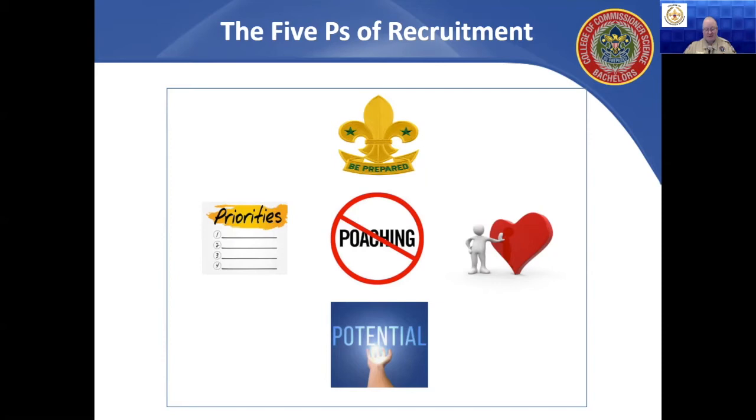So I'm passionate about music, but it's been long enough now that I'm not real good at those instruments anymore. I can still sing, but even though I'm passionate, maybe my potential is not there to participate in a program or play somewhere. In scouting, it's kind of the same way. Someone may be passionate, but maybe their potential isn't there in one area, and maybe they have more potential in another area. So we need to identify both their passion as well as their potential.